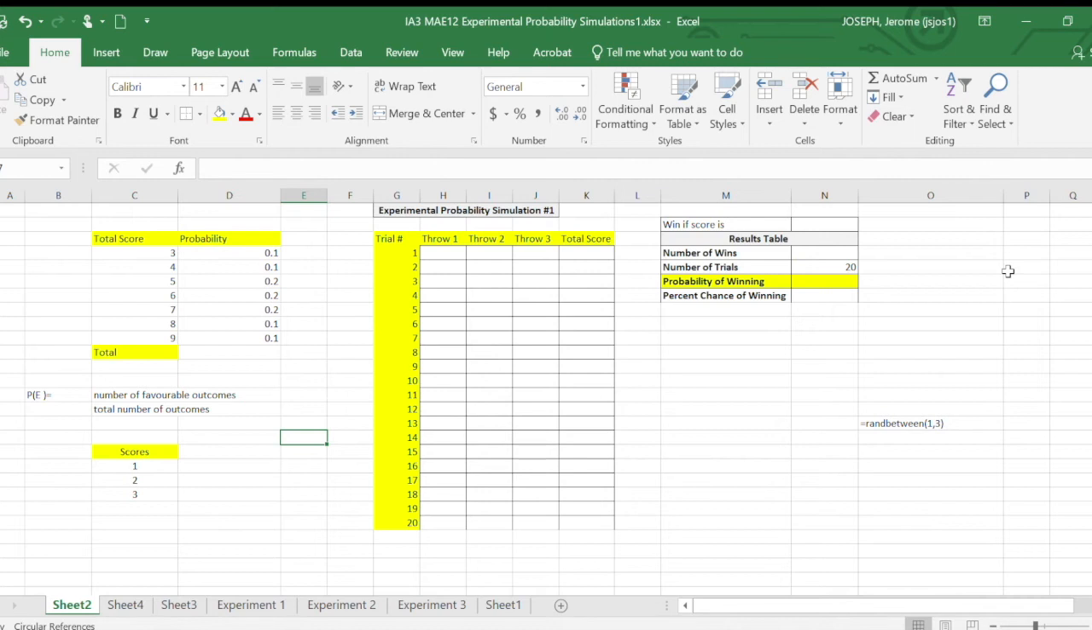Hi guys, this is a quick tutorial on how to use Excel to complete your experimental probability simulations. The example I'm going through here is quite a simple example where all of your outcomes have the same